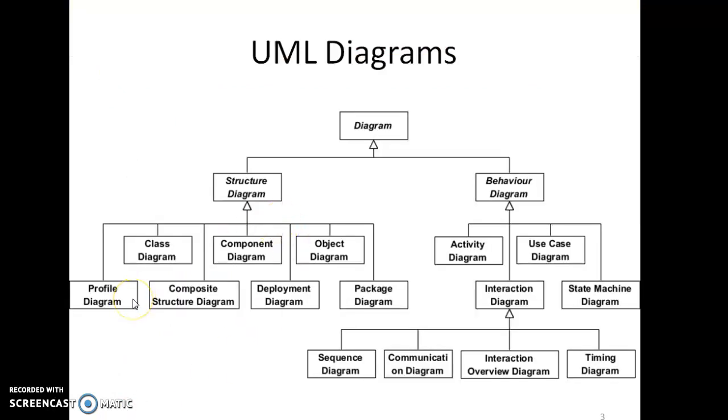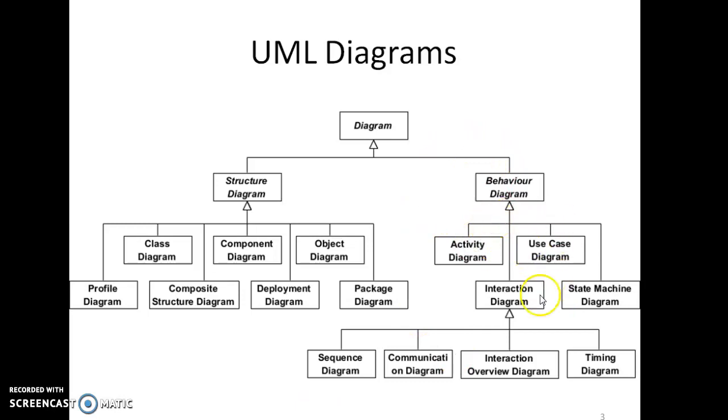So again I will just introduce you to the UML structure to understand the basic difference between the behavioral diagram and the structural diagram. So this unit will focus on the behavioral diagram. First, in the behavioral diagram always comes the use case. After the use case we have the activity diagram and interaction diagram. Now in the interaction diagram we have the sequence diagram and communication or collaboration diagram. And the last one is the state machine diagram.